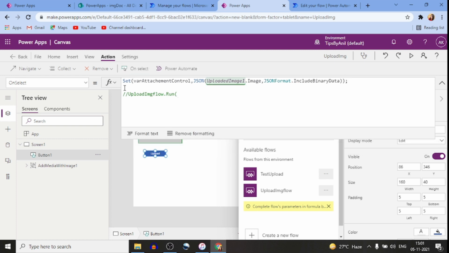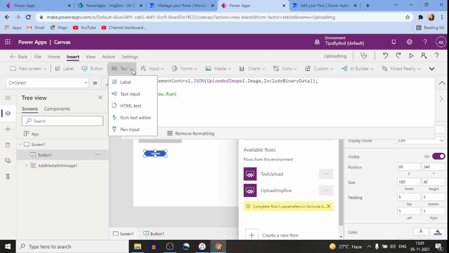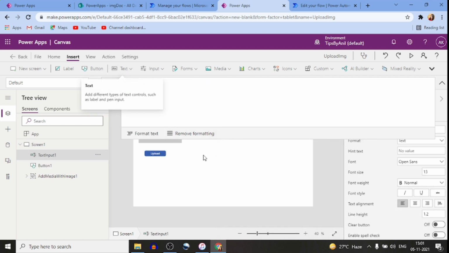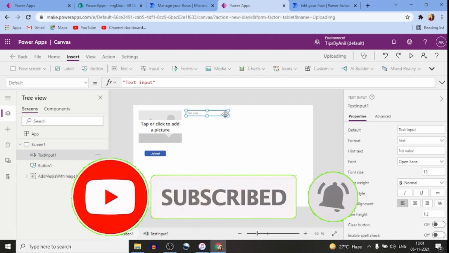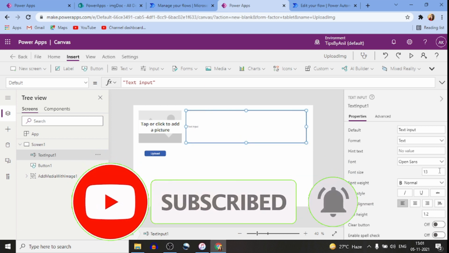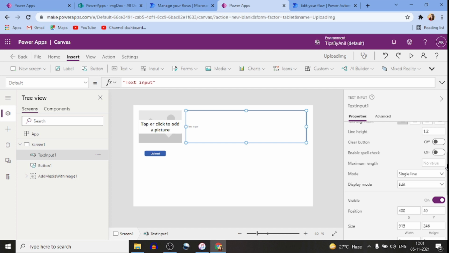Now if I go to insert and click on this text box, I will set it as multi-line, and in this multi-line we have created the var attachment control variable.